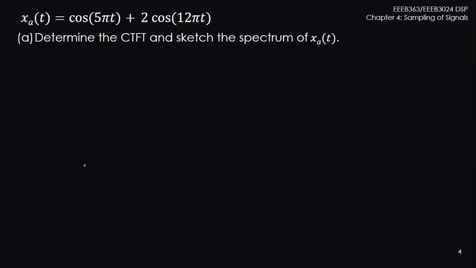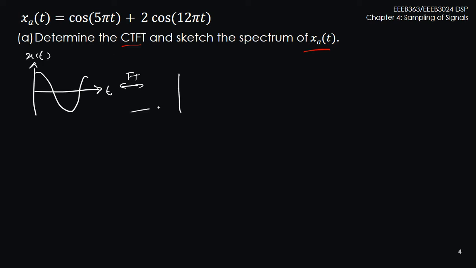Let's go through the questions one by one. First is to determine the continuous time Fourier transform, and sketch out the spectrum of x_a(t). You must know first that cosine and sinusoid signals, in the time domain, let's just say x(t). If we have a cosine signal, it has a Fourier transform that will give you capital X(j omega)